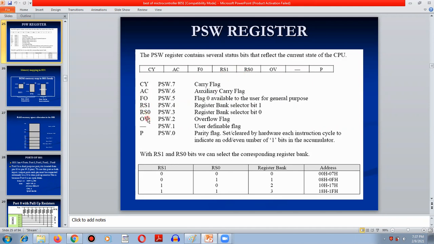These two bits, RS0 and RS1, are used as a pair. They are not used separately. They are responsible for selecting a general purpose register bank inside the RAM of 8051. As per the truth table shown here, if both RS0 and RS1 are 0, the register bank selected from the RAM is bank number 0. If one is 0 and the other is 1, then bank 1 is selected. If they are the other way around, the second bank is selected, and so on. If both bits are 1, then the register bank selected is bank 3. What is the meaning of this? Let us have some explanation of this also.